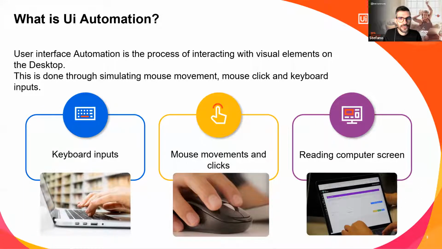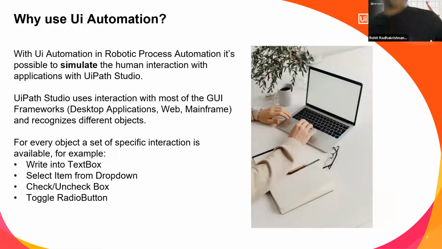So this can be done in different ways. For example, simulating keyboard inputs, simulating mouse movements and clicks on the items on the desktop, and reading the computer screen and grabbing information from the screen. So with UI automation, we can interact directly with the elements on the desktop application using UiPath Studio. It's quite a powerful tool, and this may be what differentiates it from scripting